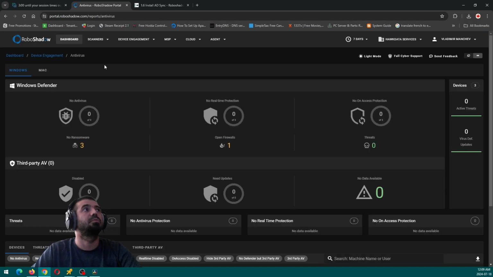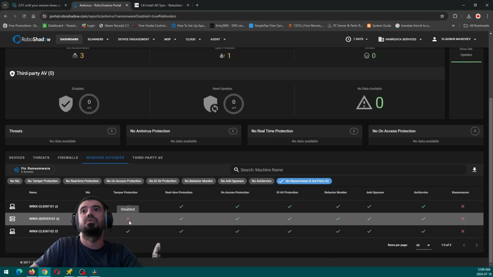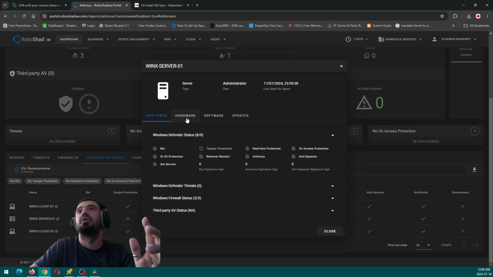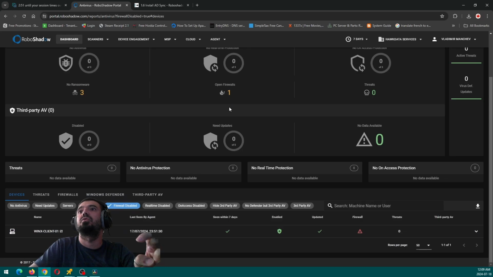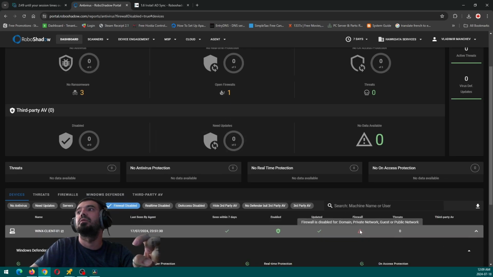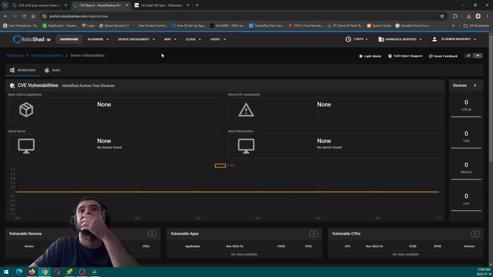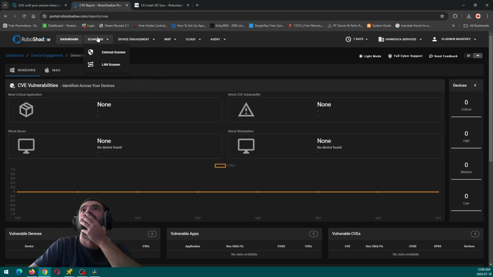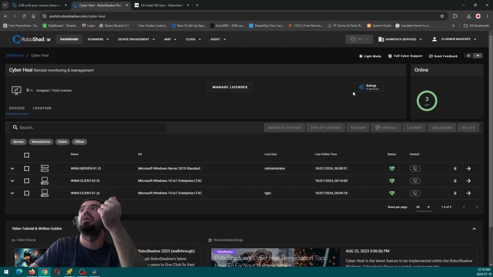There's a lot of data that's available to you as individuals. Like for example, see, tamper protection on Win Server 1 is out of date. So I do remember vaguely though that there used to be, what was it? What was it called? I don't remember if it was a button or a tab or something like that, but there used to be a